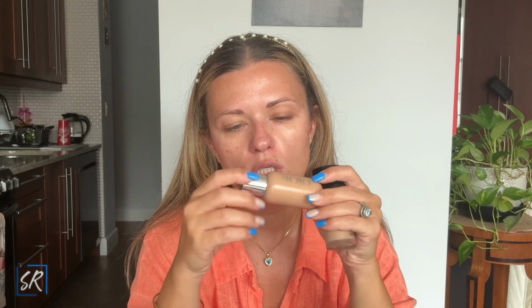next I'm gonna go in with my foundation. So I have Giorgio Armani Luminous Silk in 5.9. It's a little bit too light for me right now, so I will mix it with Dior Backstage in 3.5. In retrospect, I guess I could have taken my 2.5 from Dior or even 3, but I wanted a little bit more coverage. So this is a little bit more on the sheer side, and this gives me a little bit more coverage together. Beautiful. So I do one pump of this, one tiny little squeeze of this. I mix it all up in the back of my hand,